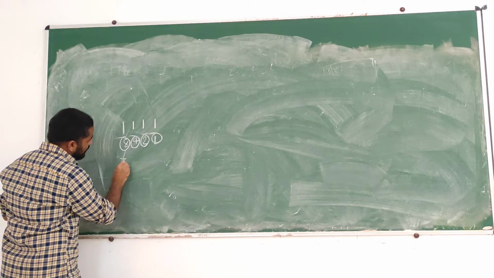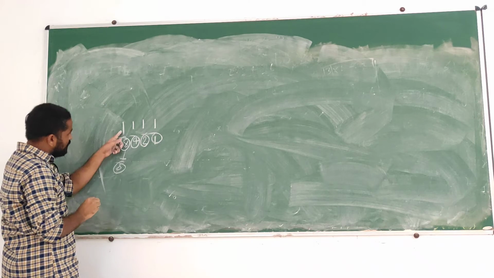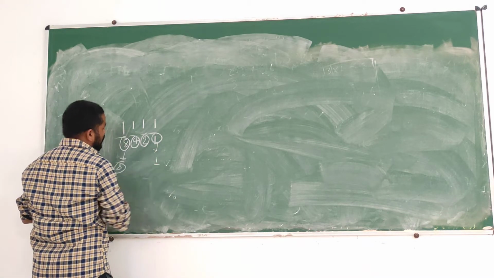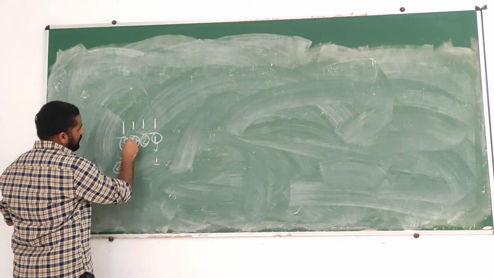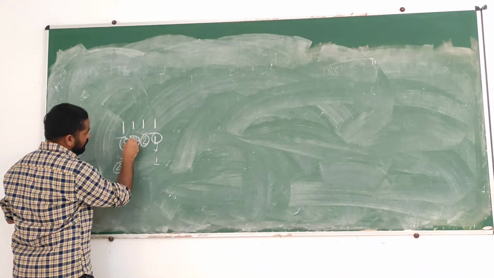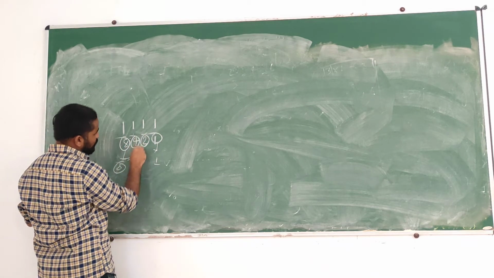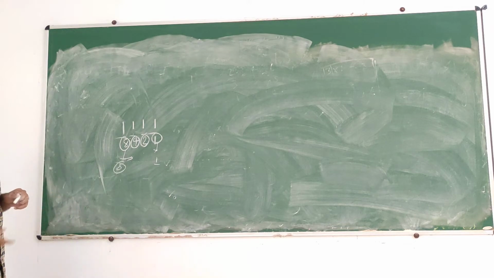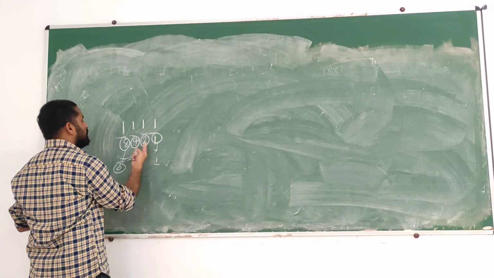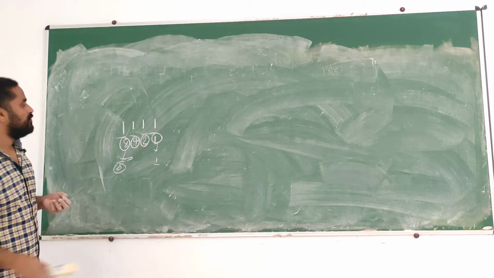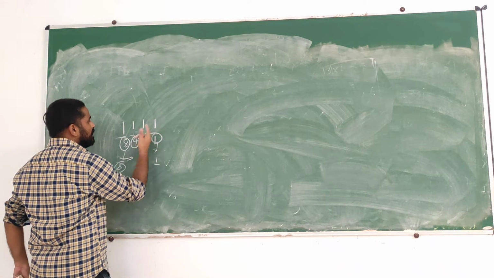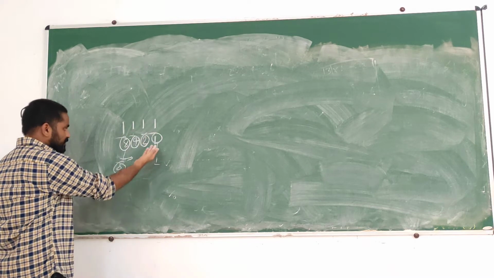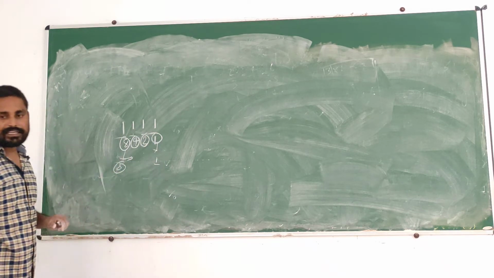The MSB has a weight of 8, so whatever the value over here, it will be multiplied by 8, and the LSB is 1. Now if you see, it is getting divided by 2. If you divide 8 by 2, this will be 4, 4 by 2, this will be 2, 2 by 2, 1. We see the division by 2, or if you go from LSB to MSB, there is multiplication by 2. So if you jump from one bit to the upper one, you see the weight is getting multiplied.